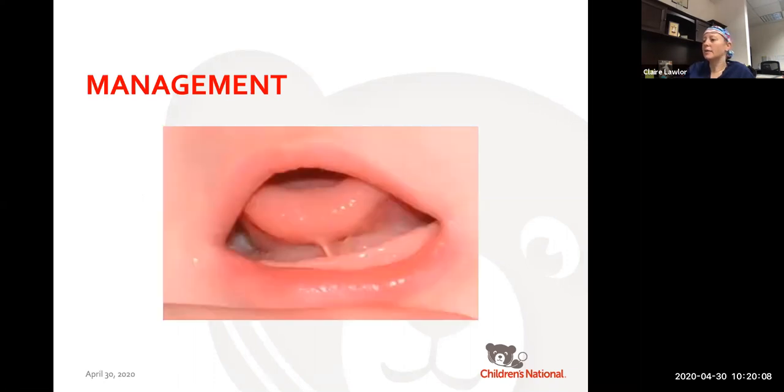So tongue tie. It gets blamed right now for all breastfeeding issues, it seems like, at least in my clinic. But the difficulty in feeding is often multifactorial. It can be relating to the position of the mandible in the child, nasal obstruction, oral coordination, maturity, maternal factors like mom's nipple shape, breastfeeding position, etc. So I'm not going to get into everything about tongue tie today because there's so much there,